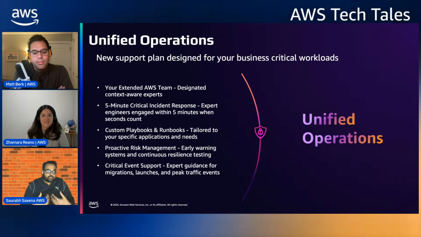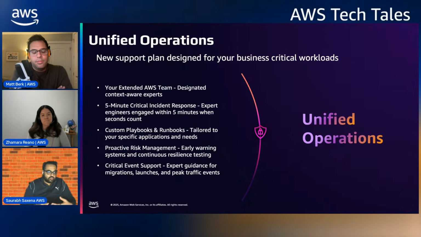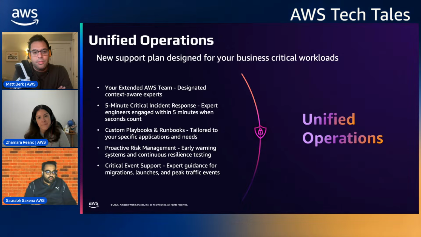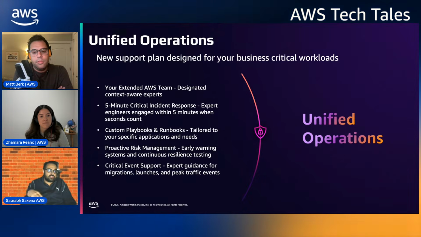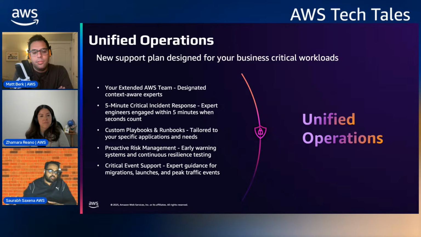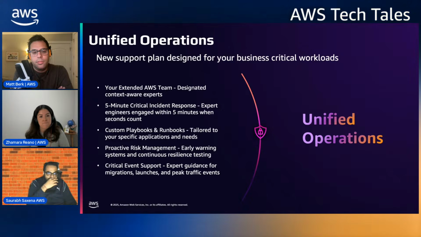Now, we also invest from our side, so it's not going to be the same team. If you use certain services a lot more than others, we're going to pull AWS experts who have access to those services and have been managing customers on those services for a long time and put them on you in a designated fashion. So that not only do they help you when you have issues, but they continuously learn about your use of those services. And as they learn, they also tell you how you can improve them. So not only are you getting the knowledge from this particular individual, they're also getting the knowledge they have from all the other customers they have handled in the past, and they continue to get knowledge from their peers. You continually get that. That's something that we are investing in for customers that are on the support tier.